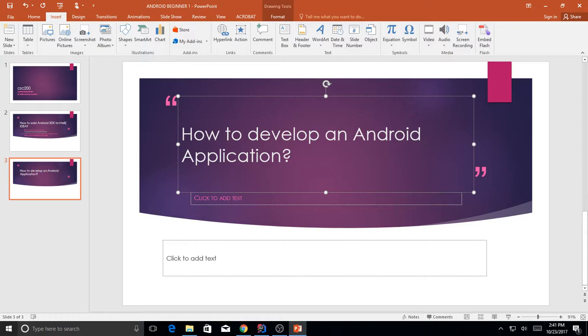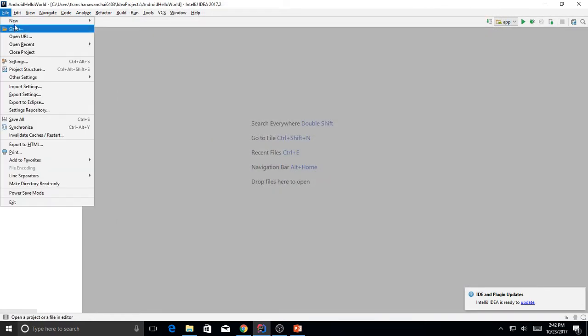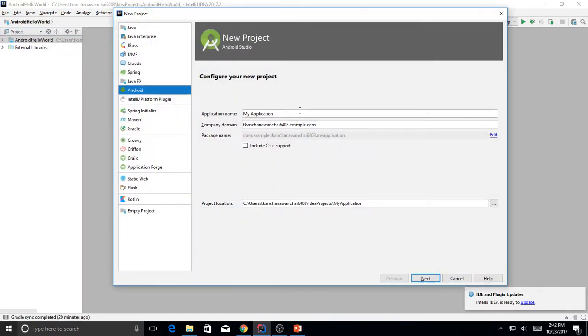Now the question is going to be, once you develop, where to run, right? But let's see. So we go to create new project, right? So we're going to change to